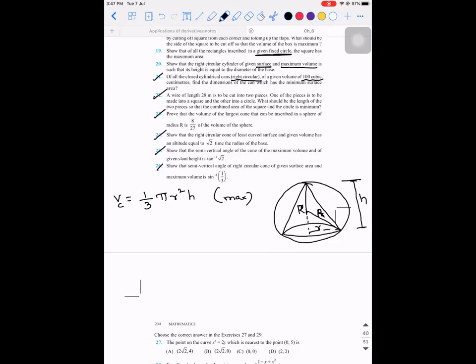Am I right? So what is the volume of the sphere? Volume of the sphere is 4 by 3 pi capital R cube. Since they have told inscribed in a sphere of radius capital R, the volume of the sphere is also constant because the volume is dependent only on radius. So the volume of the sphere is kept constant, and the volume of the cone has to be maximum. Now how can I relate small r, capital R and h? This is what we need to think of.